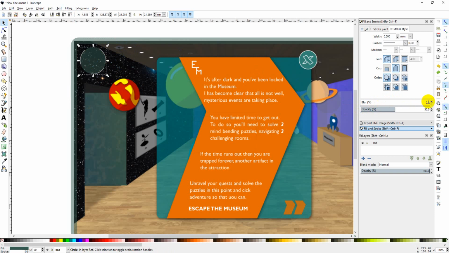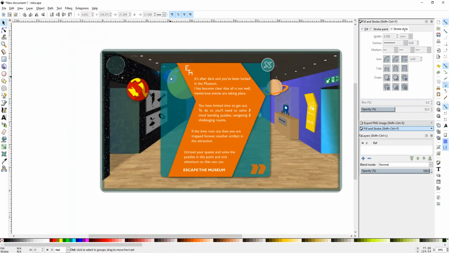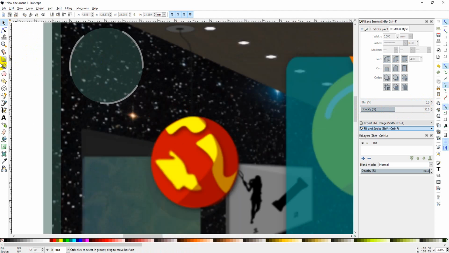But yeah, I might add a slight blur to that. Let's say a 10. Still way too much. 1. No, I still don't like it. Let's go for 0. So it's all trial and error. That'll do. So obviously it fits in with the circles in my thing, but now I'm going to have some